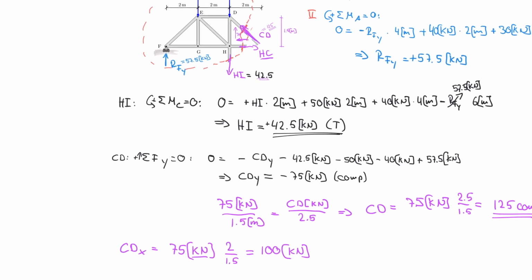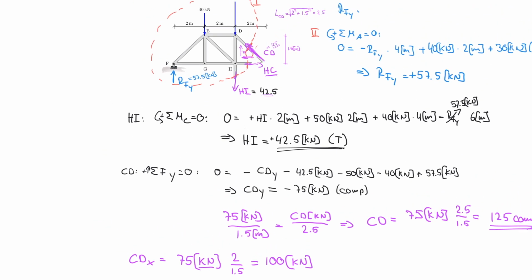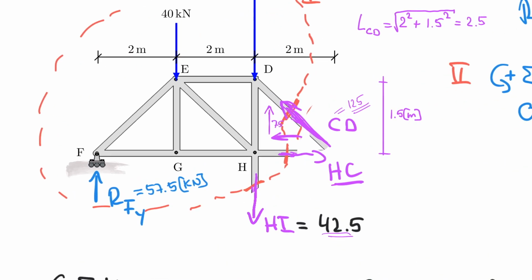So now I know what that is equal to. And if I look at the entire cut here, I know that this component here is equal to 100. And so the only two things that act in the horizontal direction is this 100 and this 100. Everywhere else I have nothing that is horizontal, so I know that HC is actually 100 to the right, and that would be in tension. So I'm not even bothering writing that down in an equation form, but this is 100 kilonewton